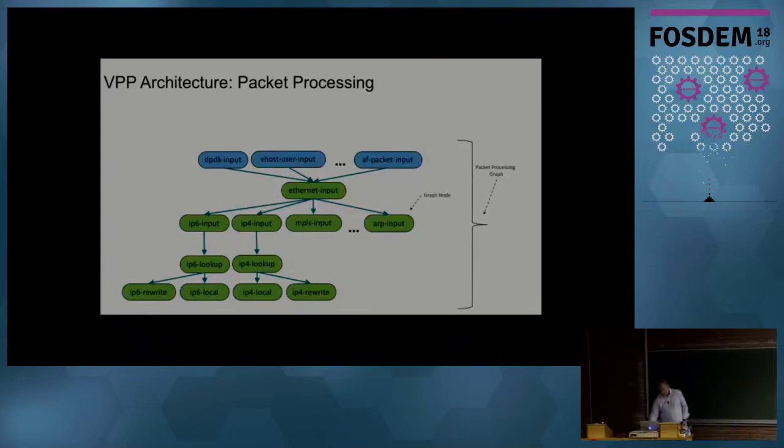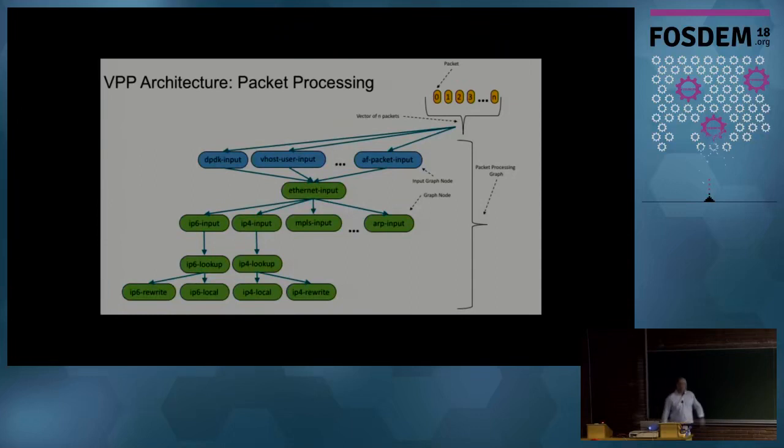This is a very slow animated slide, so I hate that. So you have your vector of packets which arrives from your NIC card, or any other thing. It could be through DPDK. If you have a VM, it can come from a vHost user interface, or it can come from the regular Linux kernel. And this vector of packets will arrive here, and basically we'll process this vector of packets.